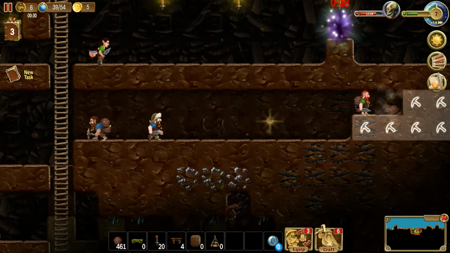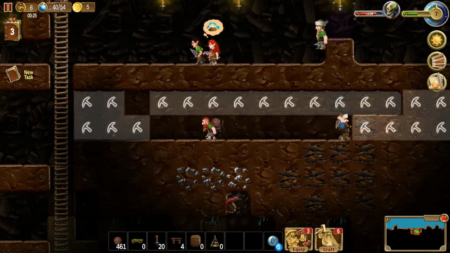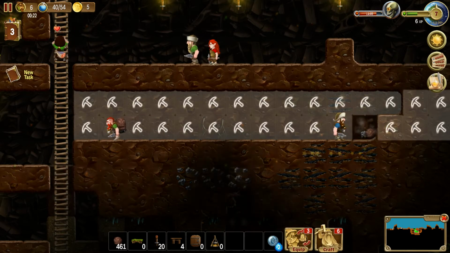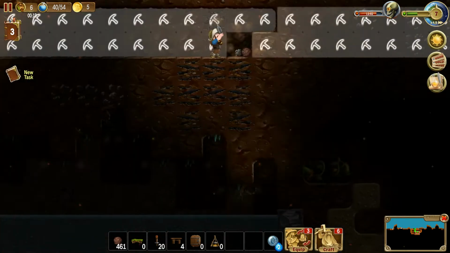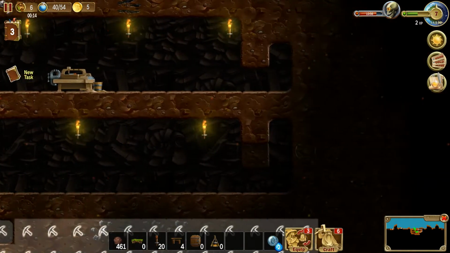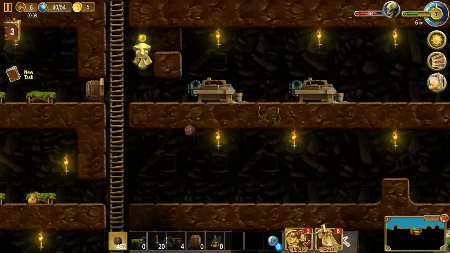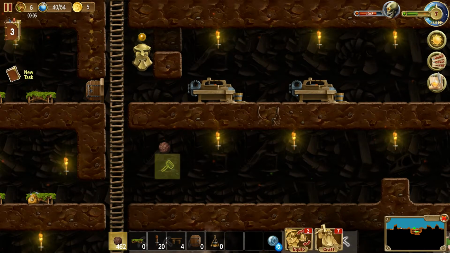Carpenter's book increases the speed at which objects are made. Is she going back down? Nope, she's not going back down yet. Let's get you. How you guys doing? One more piece of earth right there. And we can actually start putting down...